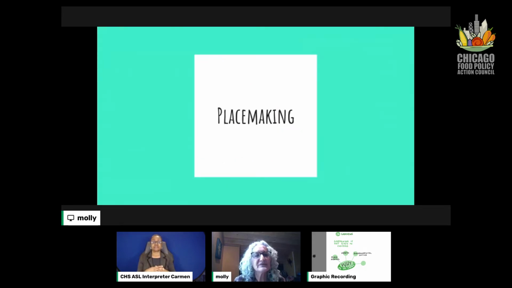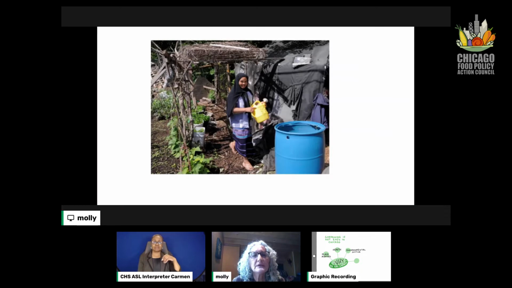So I want to start with the theme of placemaking on the north side, the northeast side. I just wanted to invite you to take a look at this photograph taken by our fabulous photographer, Paul Bick, in the Global Gardens Refugee Training Farm. To me, this photograph really captures what I think about when I'm thinking about placemaking. This community garden, which is also an urban farm, it's both,